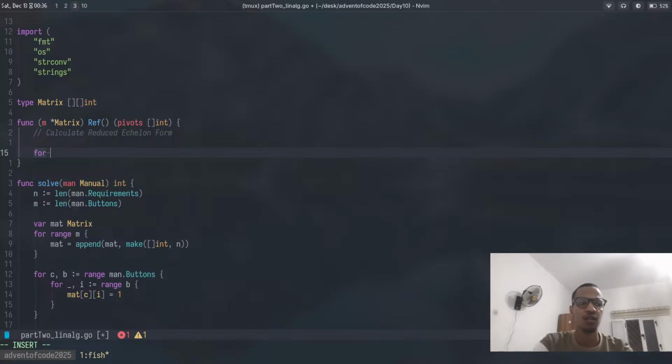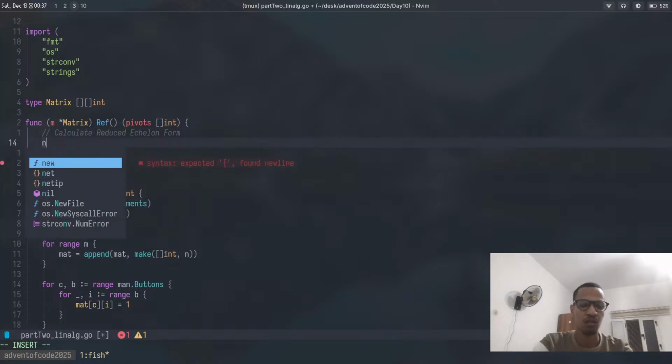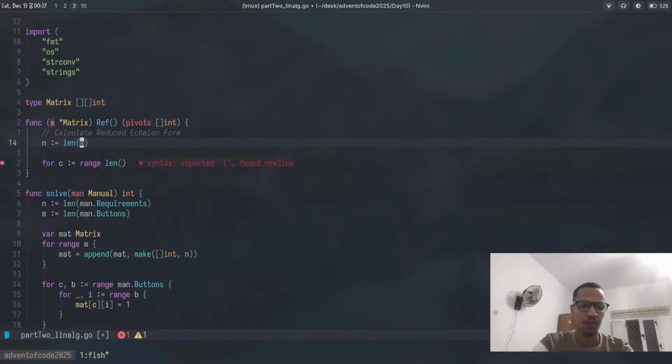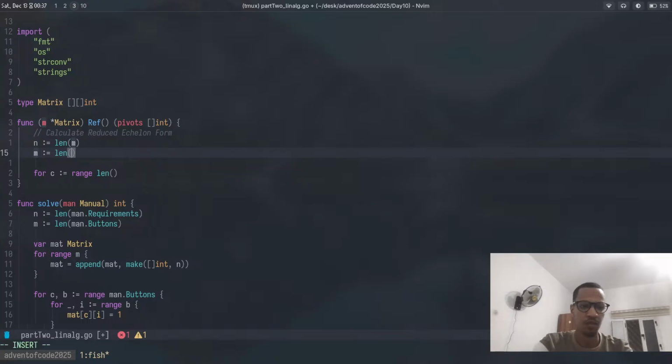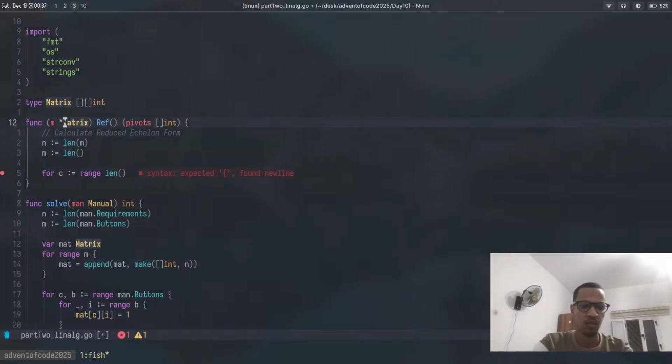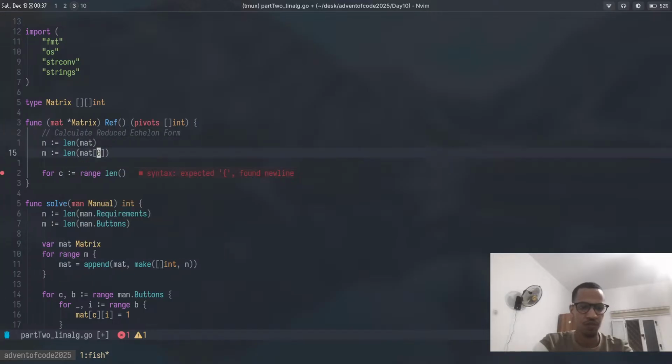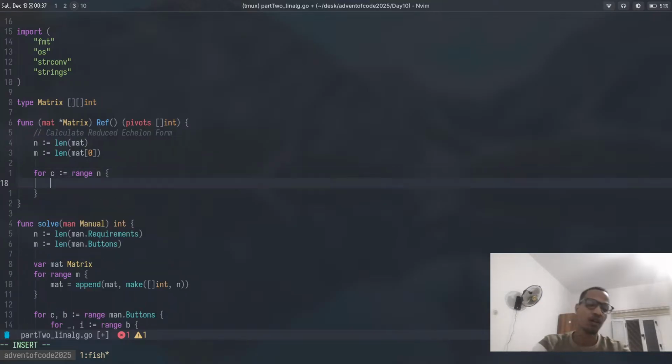We just take each column, then matrix, then matrix 0. Okay, and this we're gonna iterate over all columns, and then